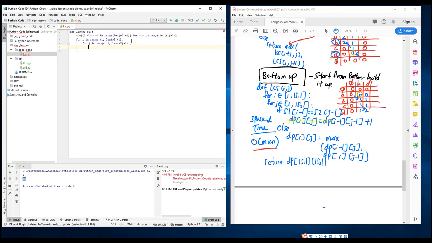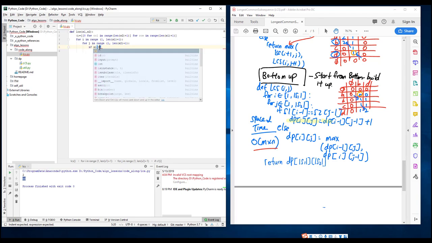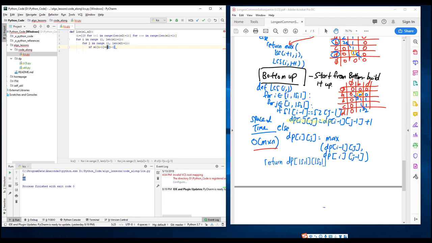Alright, and the first line is to check whether the current characters are the same. So what we do is an if s1 current position. Remember that we use the extra row and column, so we need to minus 1. For this 1,1 position, this is index 0, this is index 0, so it is gotten from i minus 1, j minus 1. If these two are equal, then